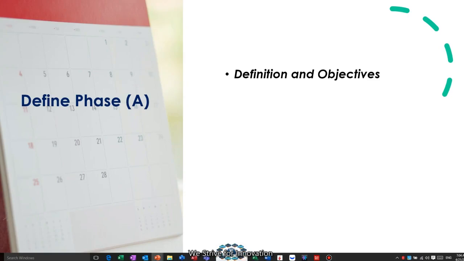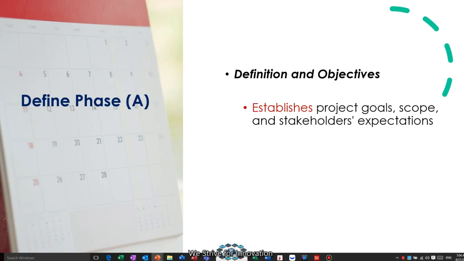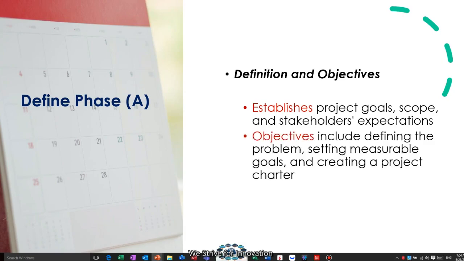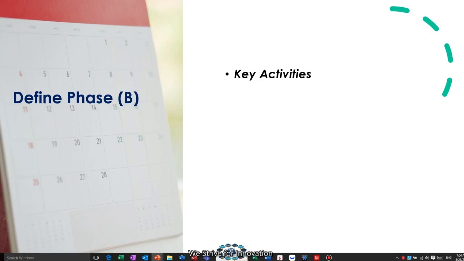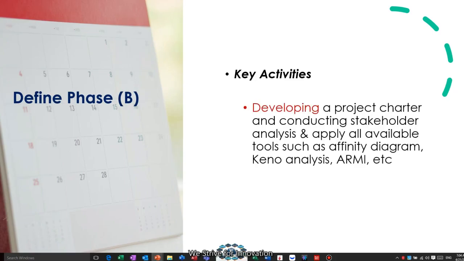The Define phase will have, of course, a definition and objective. We'll establish the project goal, scope, and stakeholder expectations. Our objectives will include defining the problem, setting up measurable goals, and creating a project charter. What key activities will be involved? We'll be developing a project charter and conducting stakeholder analysis, and applying all available tools such as affinity diagram, Kano